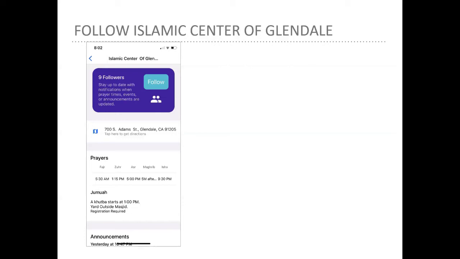We need to increase this number. Everybody should use that. As you see underneath the address, people could get directions. If everybody uses that and directs it to others, their friends, anyone they know who wants to go to the Islamic Center, they just click into that and it will give them directions. It tells them what the time of the prayer is. Everything is written here, all the activity. He did not scroll. All the activity, the lectures, is all listed underneath here. Everything that we do will be listed here.